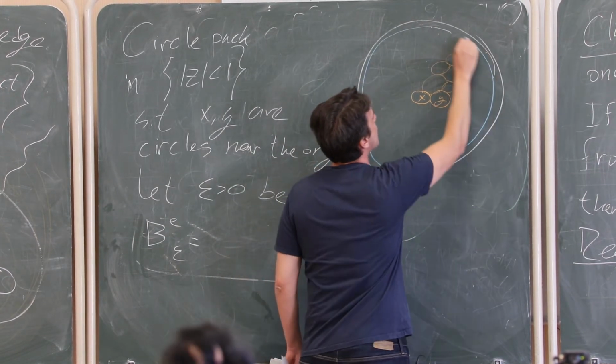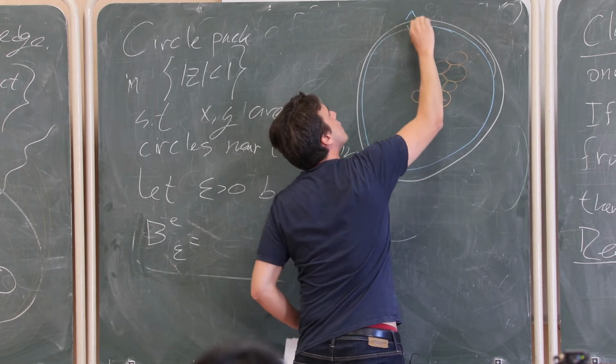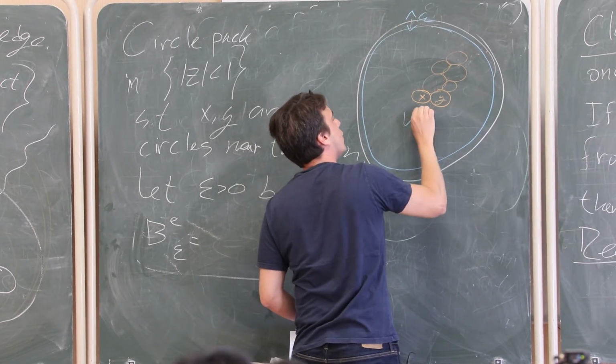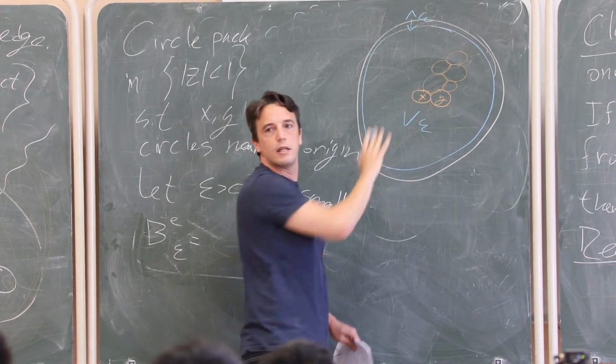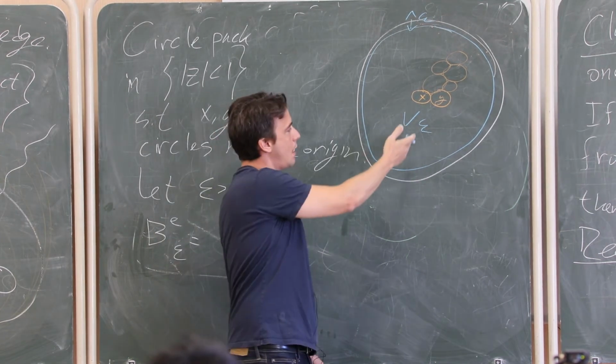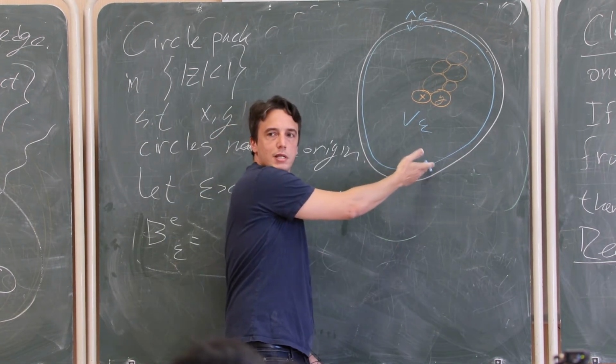So this distance is epsilon, and V_epsilon will be everything that is inside here. And the boundary of V_epsilon is going to be all the points outside